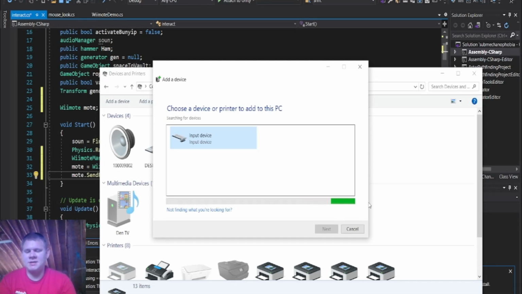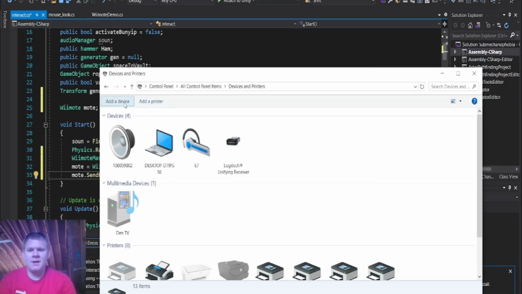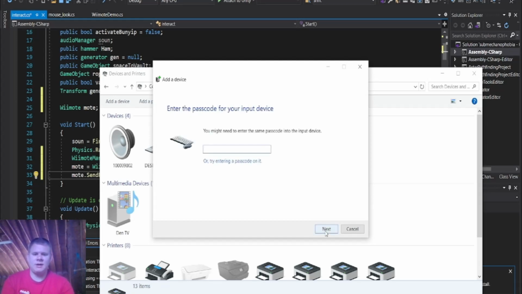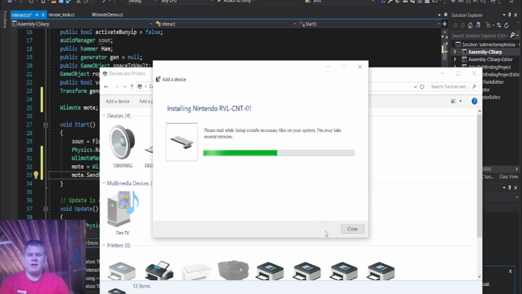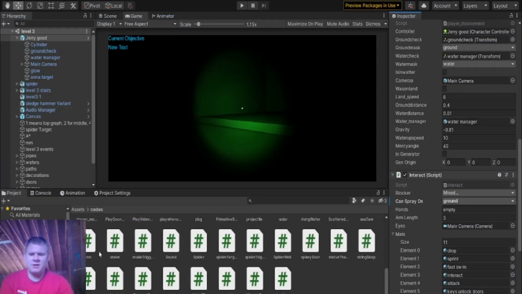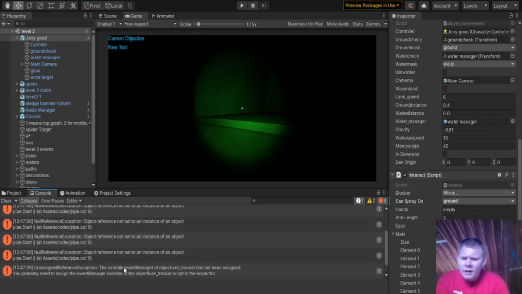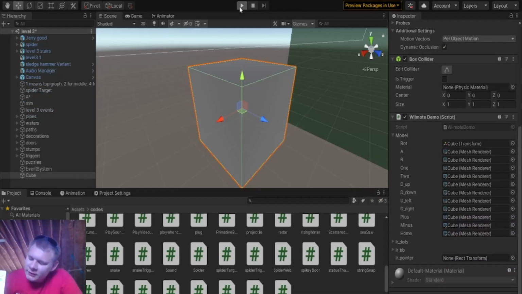okay, now that it says input device, we're going to hit cancel. Click add a device, and input device should change to Nintendo something something. Doesn't really matter, but I think that does tell you what kind of Wii Remote model you have. So you're going to click next. Click next, and then this will start connecting. And if you look at Unity before that's even finished, usually something will show up here. But now, if we start it,